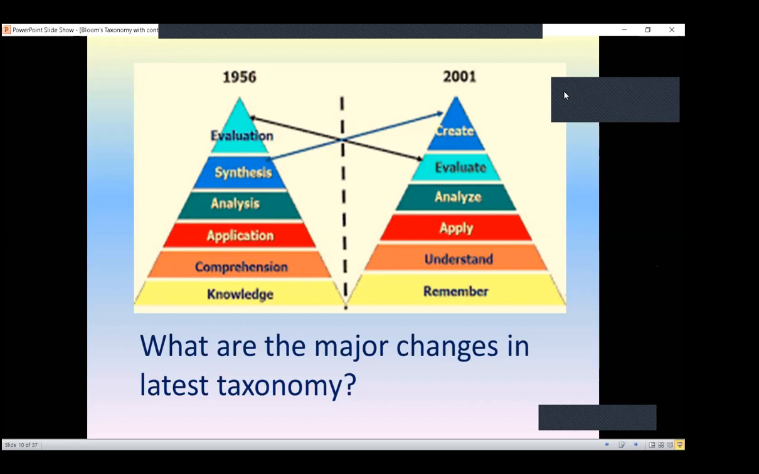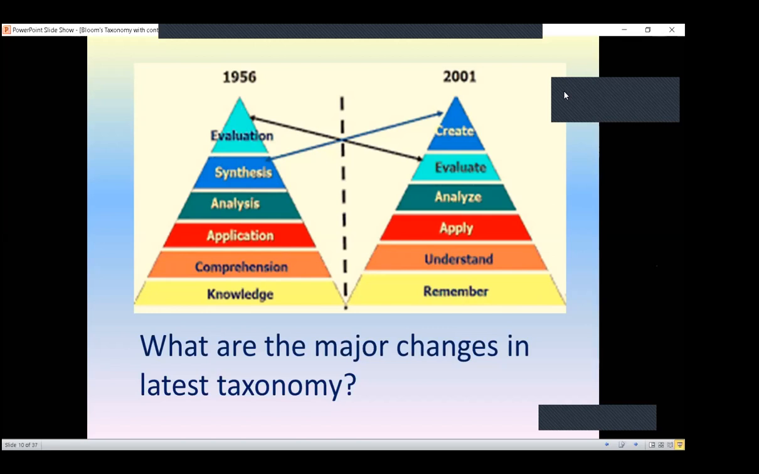To understand the application level of a student, how he's grasping it, how he's understanding it, how he's progressing. Yes, you're right, sir, these are the assessment level. Absolutely, you're right, sir. But the main idea behind changing this, yes, ma'am,